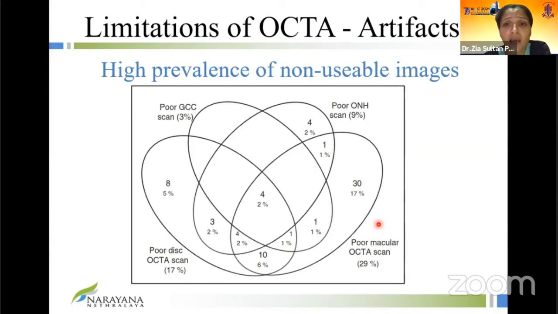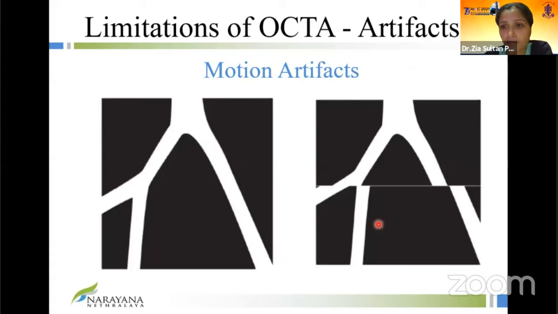And why is there such a problem with artifacts? The reason is obvious. Here, you're scanning the same region multiple times. So the scan time is that much longer. And whenever you have a higher scan time, the chance of getting artifacts is that much higher. So the most common artifact that you get is motion artifact. As that raster line is moving across, it'll give you this image on the left if there is no motion. But this technology is based on motion contrast. So if while scanning this region over here, the patient moves his eye, that area will have a high variable OCT signal across the line, and you will get an artifact called a line artifact or a motion artifact.